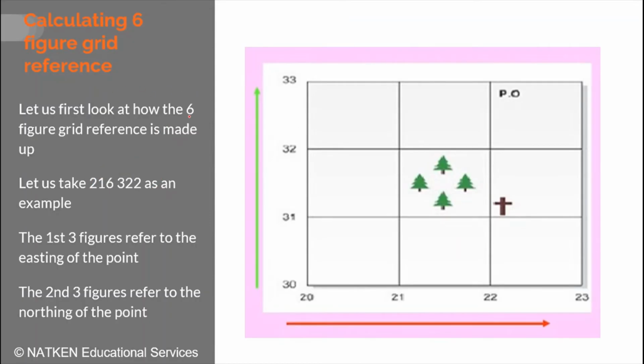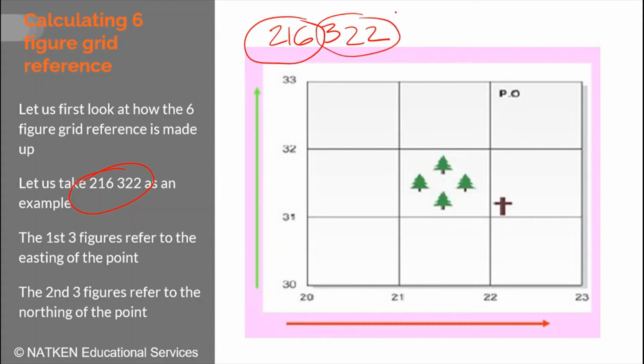Let us try to make this a little clearer so that you understand exactly how to find your 6-figure grid reference. So the number that we're going to be using is this, 216322. That means these first 3 numbers are associated with our eastings, and the second 3 are associated